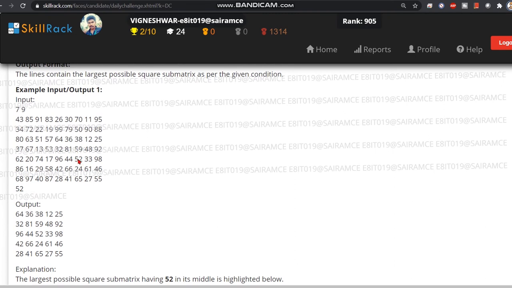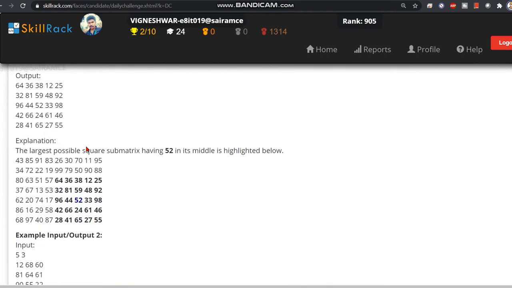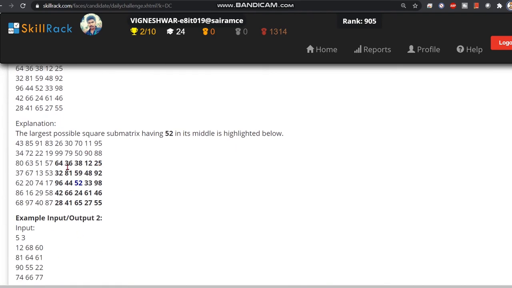The matrix that can be formed with 52 in the middle is from 64, 36, 38, 12. You can see it clearer here. This is the largest submatrix that can be formed from the matrix. This is how the program is going to work.